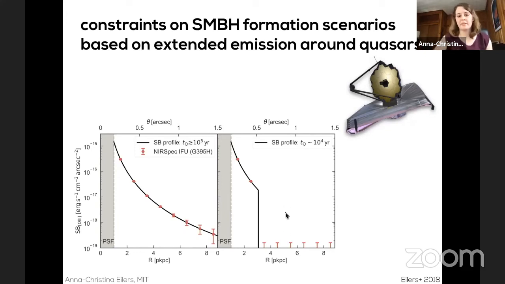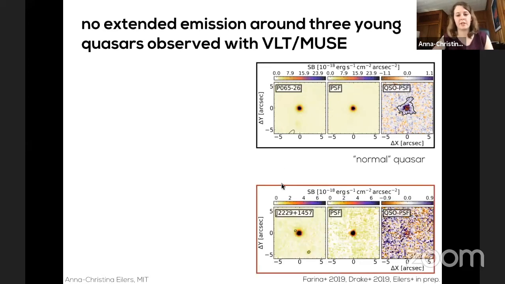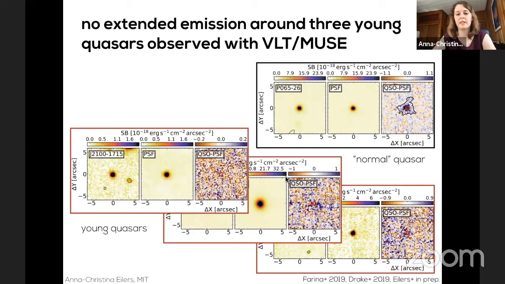And we have some reason to believe that this latter scenario is actually what's happening, because we have some data from MUSE on the VLT, where we looked at 30 quasars at high redshift, and then we subtract the PSF, and basically what remains is the extended emission. And from these 30 quasars, we have 3 that show these small proximity zones.